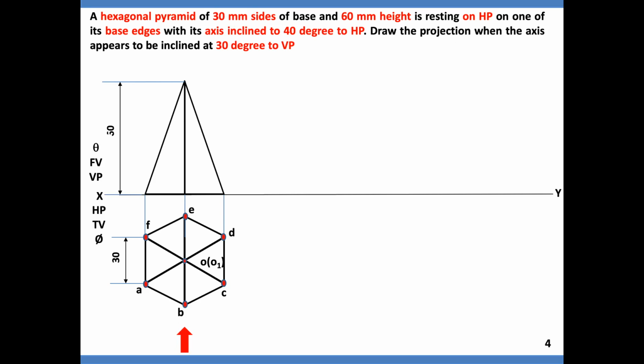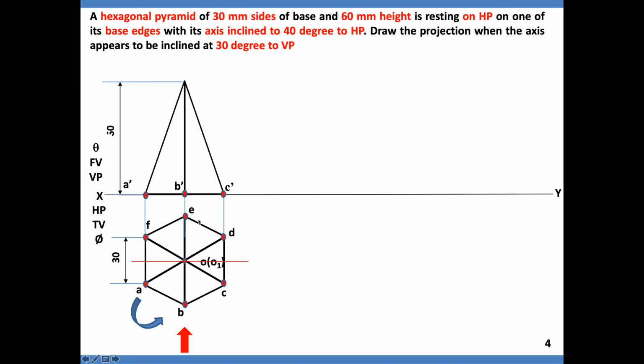A red arrow mark came, which indicates that it is the observer. If the observer is standing here, this observer can see A, B, and C. The observer cannot see the other 3 letters in front of you, so they will be in brackets. That's why I marked a red line. The front half of the red line is visible, the back half is invisible. In the front, 2 dots are marked. A dash is visible, B dash is visible, C dash is visible. Hope you understood: red line, front of it, 3 visible.